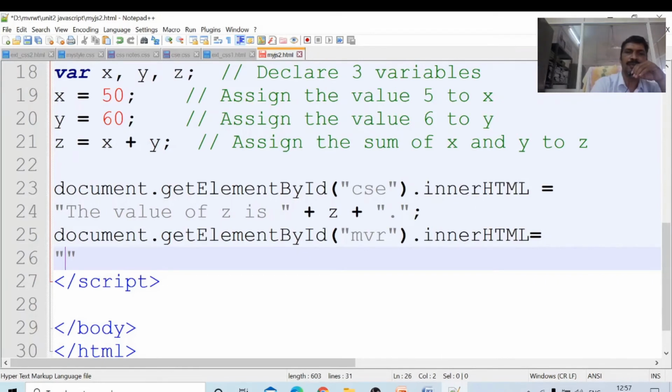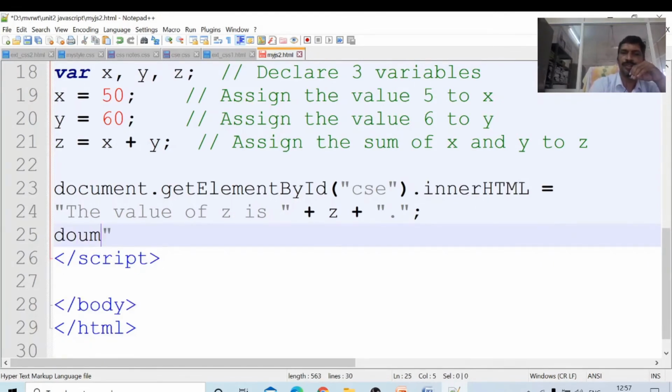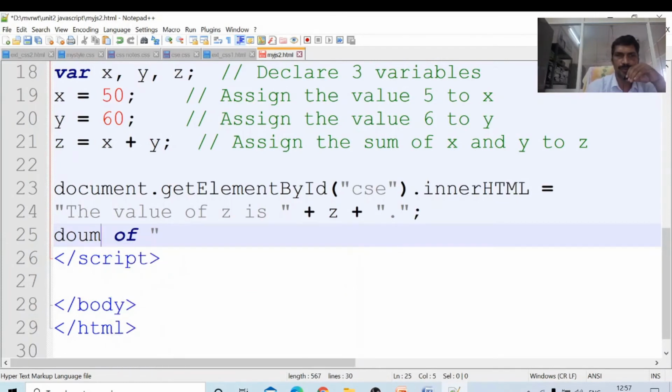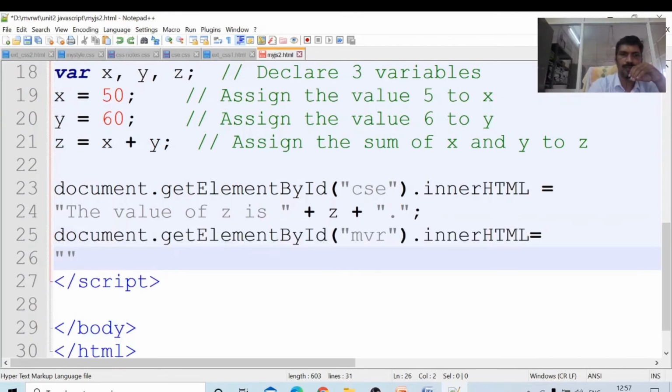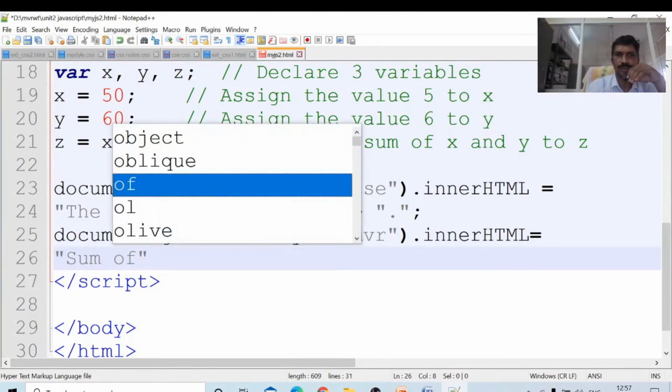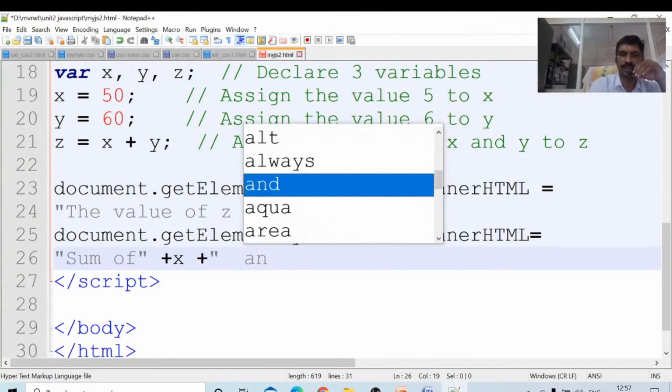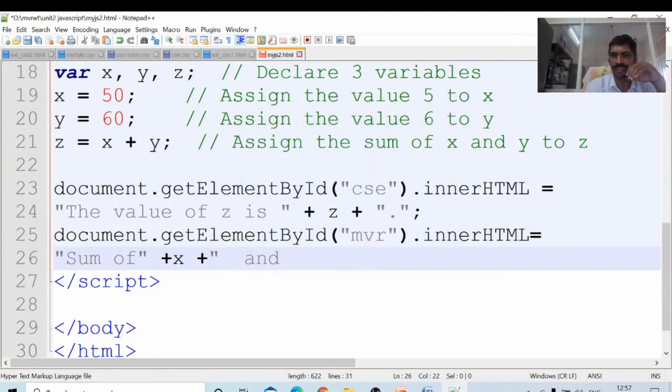The sum of x and y is. This is the concatenation. In JavaScript, for concatenation we will use this plus. The text is a string, and a string can be specified within double quotations.